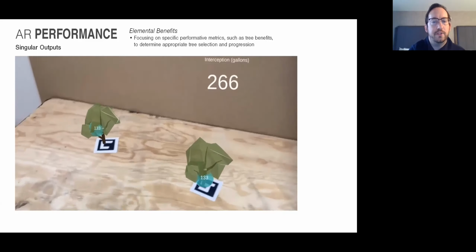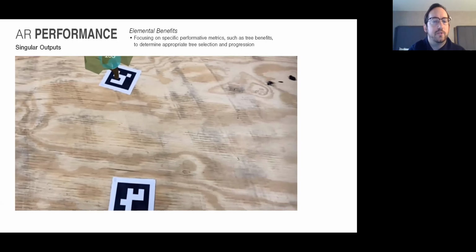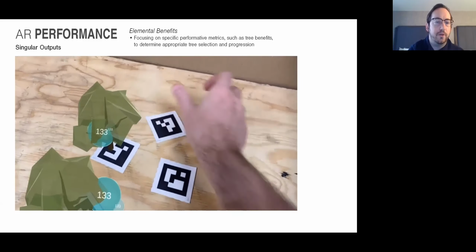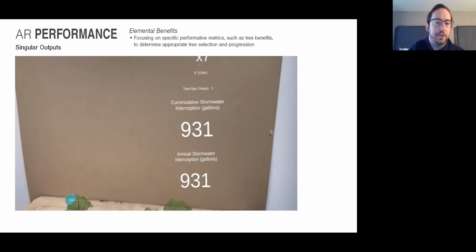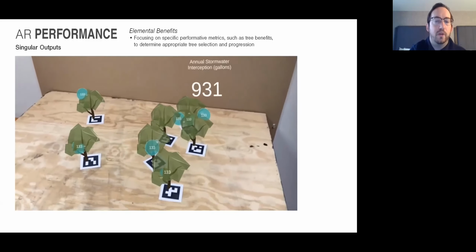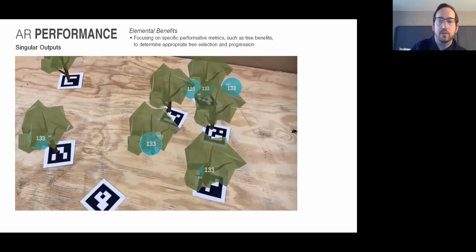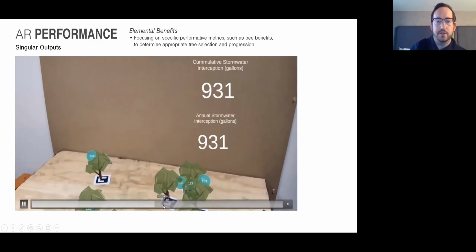So not only are these things, again, just qualitative, but now we can start to integrate a lot of that data that was shown earlier with tree benefits. So actually linking in the performative aspects of trees. So not only just placing trees, but thinking about what they can do to contribute to improve a space as well. I'm going to speed up some of these for the sake of time, but you can see that